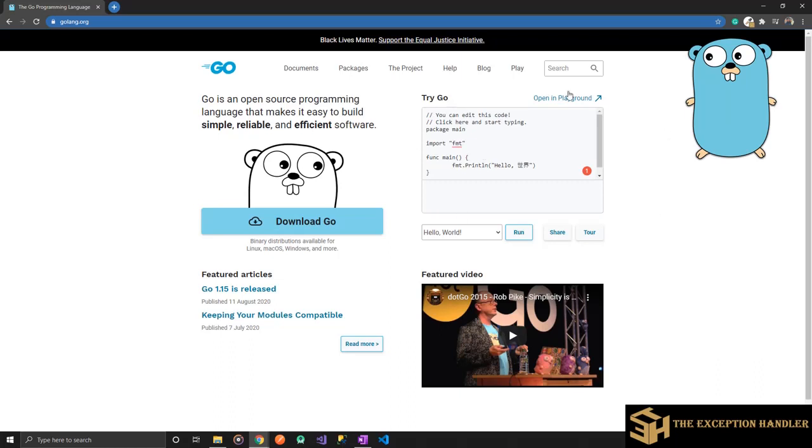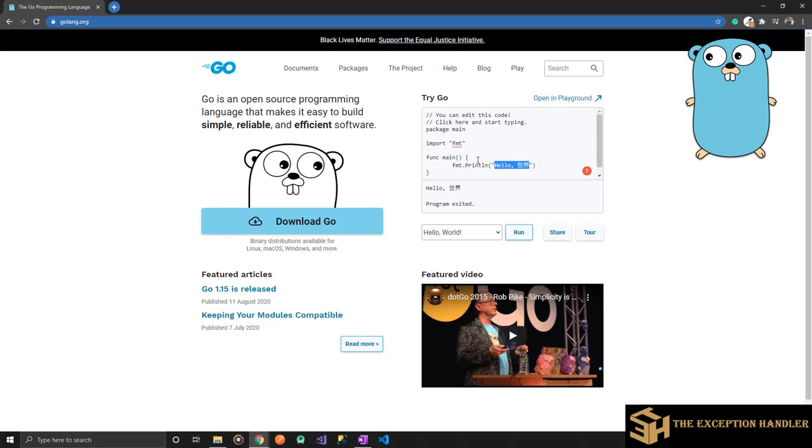This has some limited functionality where you cannot access the file system, because this code will be executed on the server of the Go people, and then the output will be returned back to you on this screen. Let's see how this works. This is a small basic program that Go puts forward for the first time, and you can directly run the program. It has printed the code that was written over here.